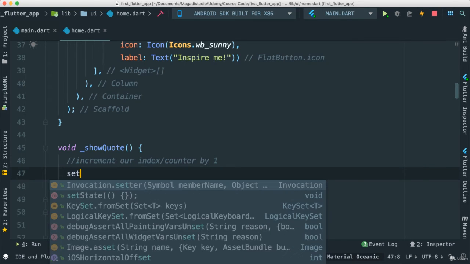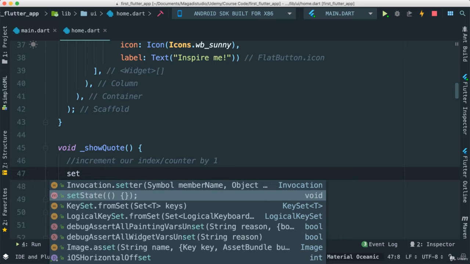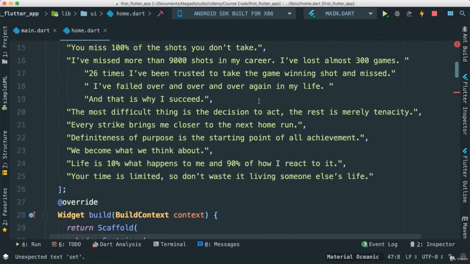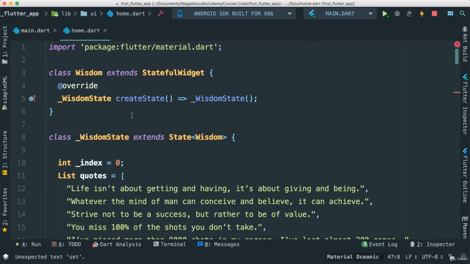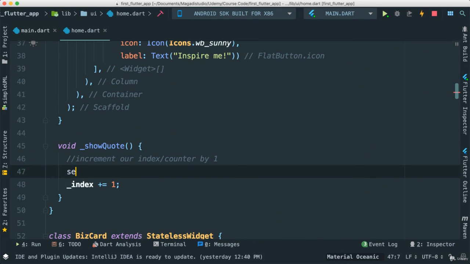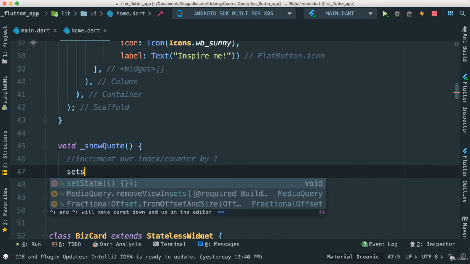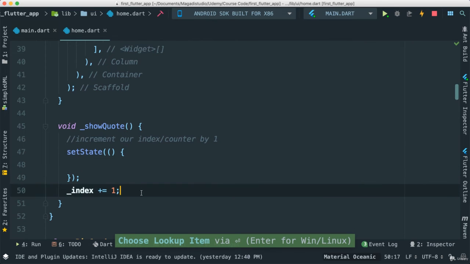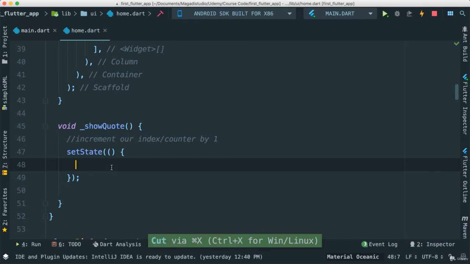If we say set state, notice we have this method available to us. Why is it available to us? It's because we know that we are in a stateful widget, so this framework knows what needs to be done. Whenever you have a stateful widget, you have access to this method called set state, and you can use it anytime you need to. Okay, if I put all of that inside here now,